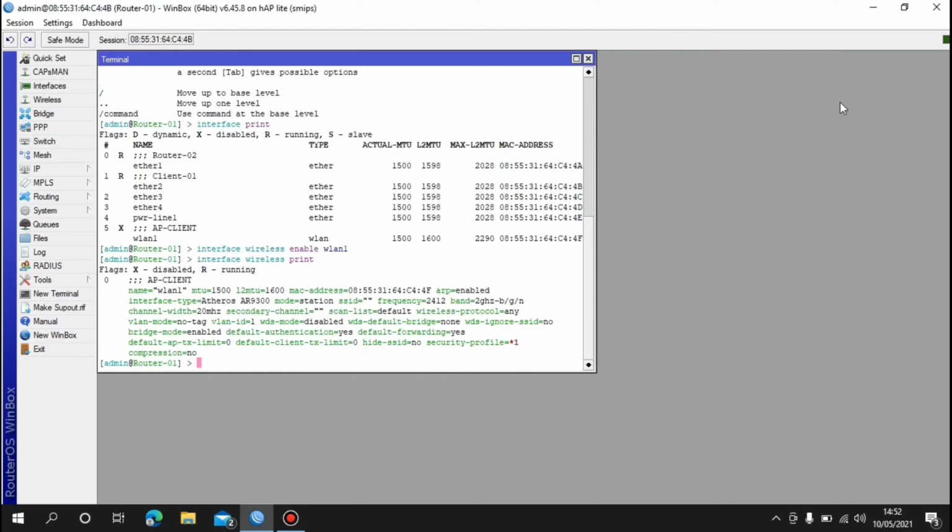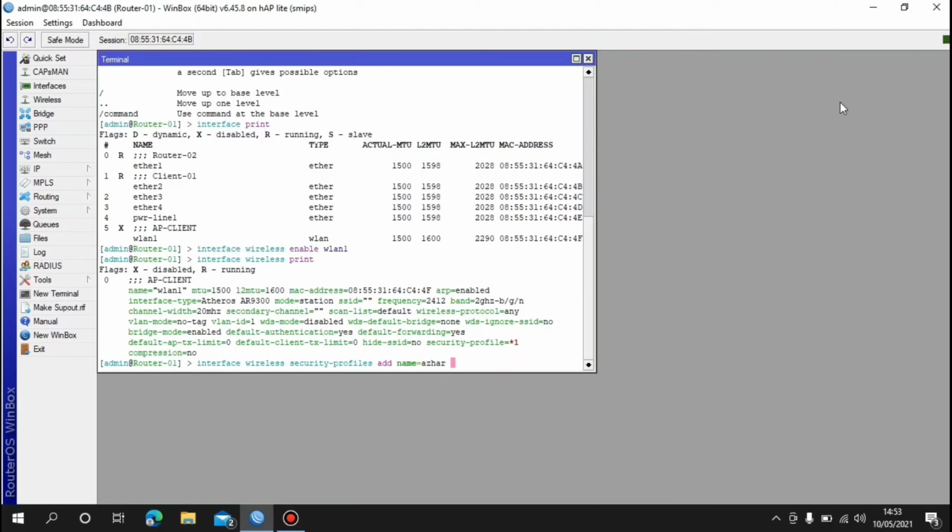And then configure the security profile with the command interface wireless security-profile add name, and I want to use the name there.